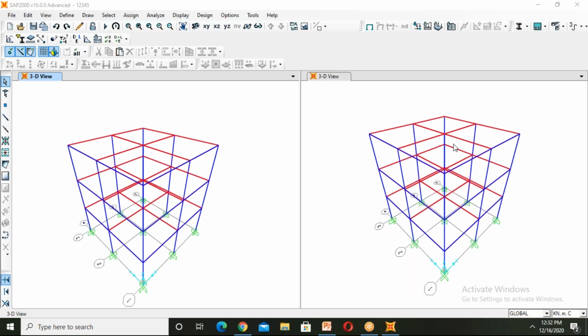Ma'am, I think they can find even cold form structures also in SAP, right? Yes, sir. Cold form structures are also there, and nowadays in other countries cold form structures are being used as shear walls. They are replacing shear walls with cold form structures. Actually, there are many papers on that. You can use cold form structures as shear walls. Yeah, exactly.